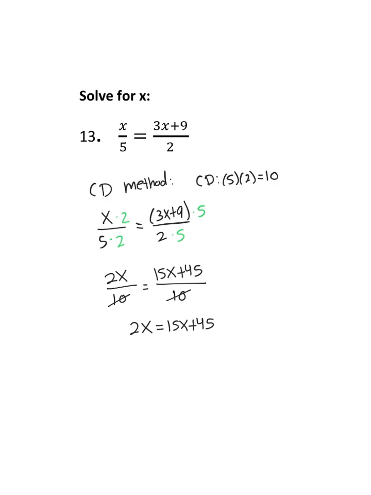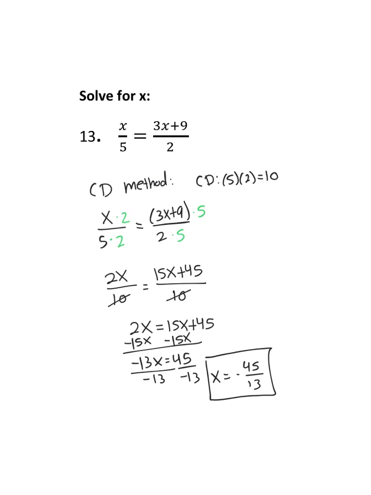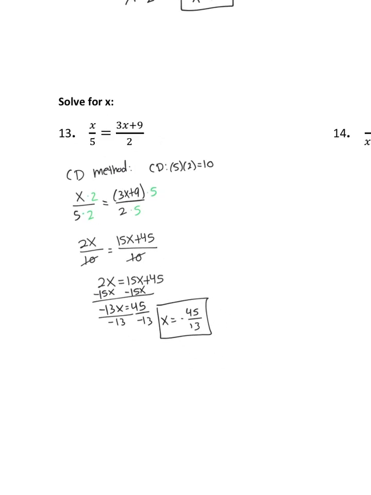I want to get all my x terms on the same side, so I'm going to subtract 15x from both sides. And then I'm going to divide both sides by negative 13. So we've got negative 45 over 13. And that's our answer. If you like to cross multiply, you're going to get,